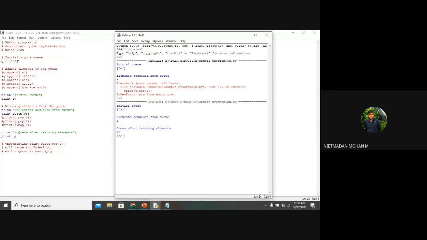Is this right, that we are inserting an element in a particular list and popping those elements from the list? Whether this output is right or wrong. That's why I'm asking.